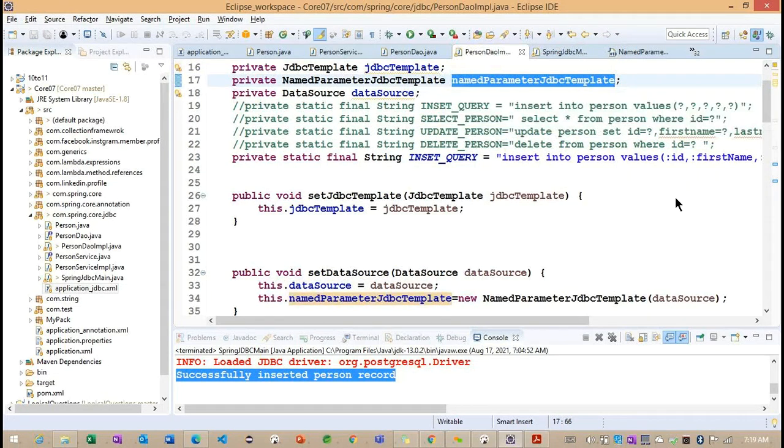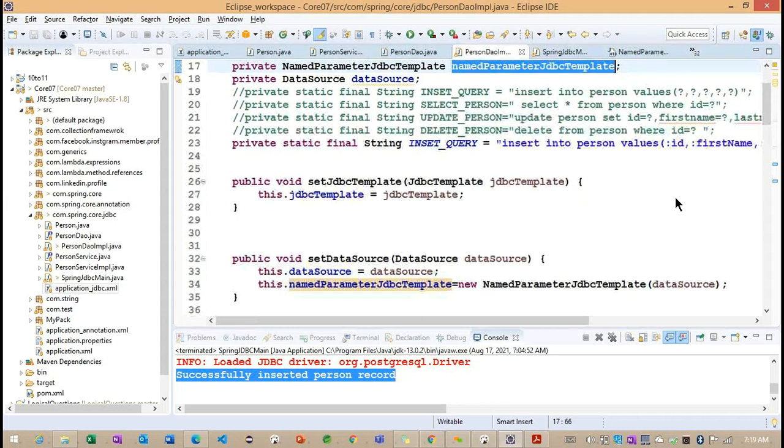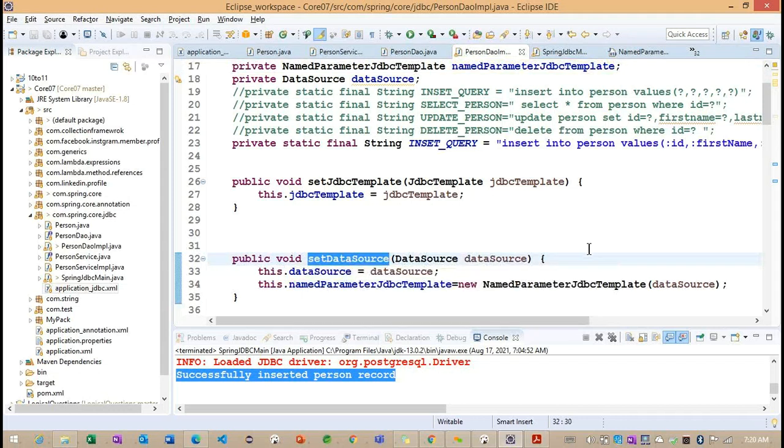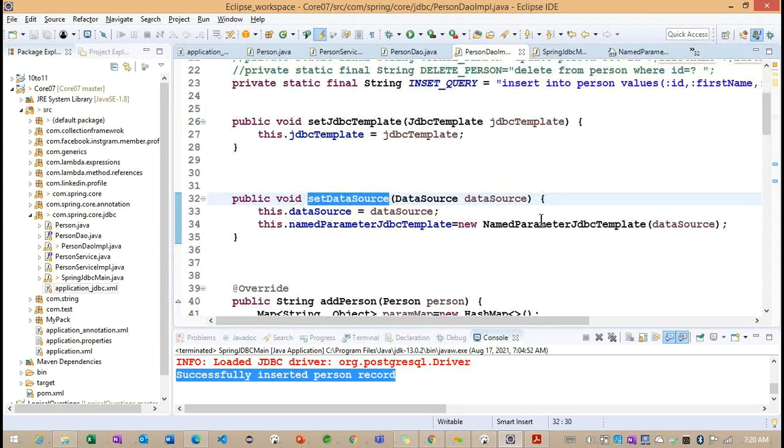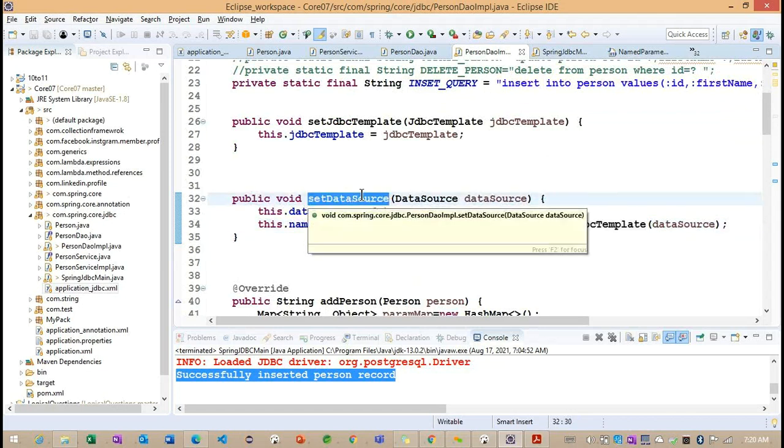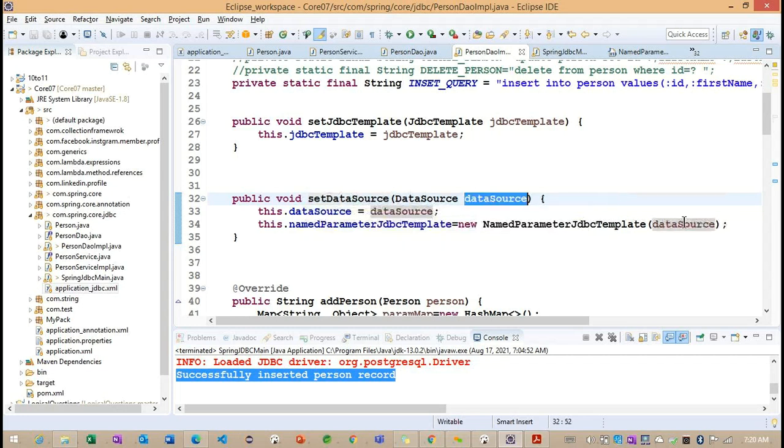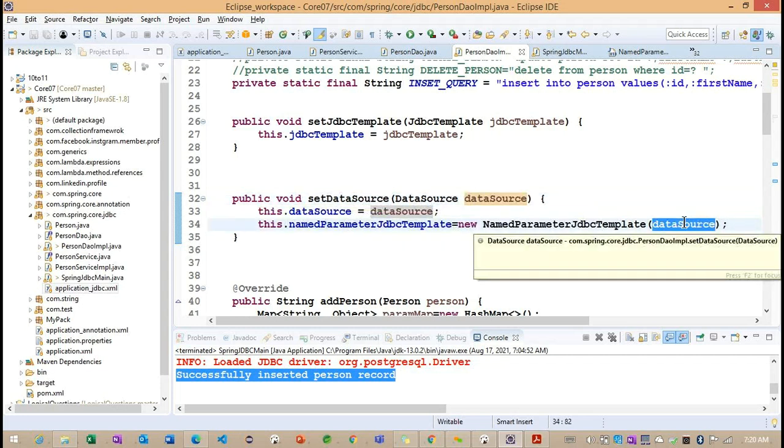If you observe carefully, the named parameter template internally is expecting a data source object here. So instead of working with the named parameter template directly, I'm trying to set the data source object here. Internally I'm creating the named parameter JDBC template object. So whenever we call this particular data source object, the data source is going to pass it to this particular named parameter JDBC template.